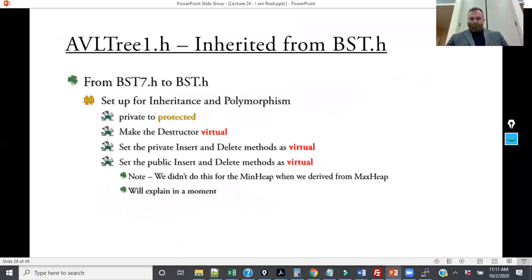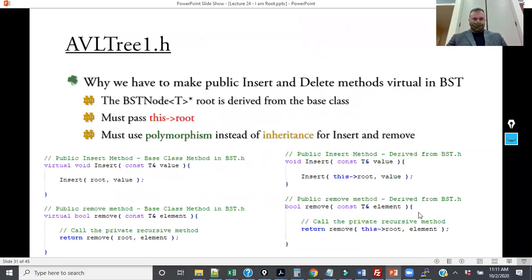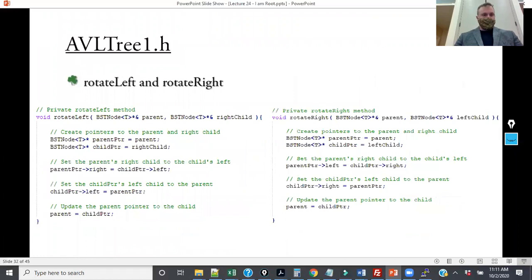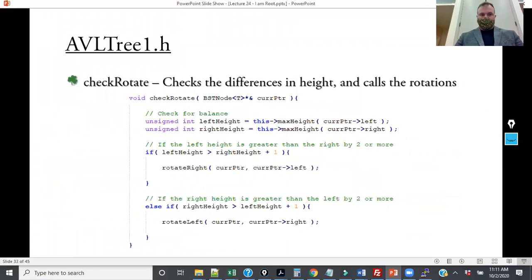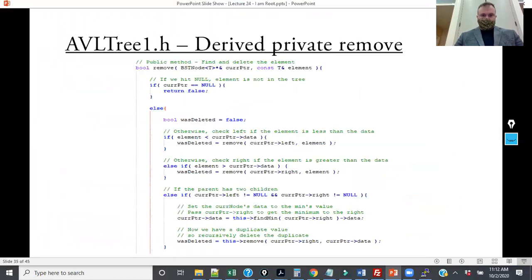And so when I run that, here's all the code that I just showed you. Inheritance and polymorphism. Remember this root, that's why I had to do that, because we need inheritance and polymorphism there. I showed you rotate left and rotate right. I've shown you check rotate. I've shown you the insert method as well. And then,